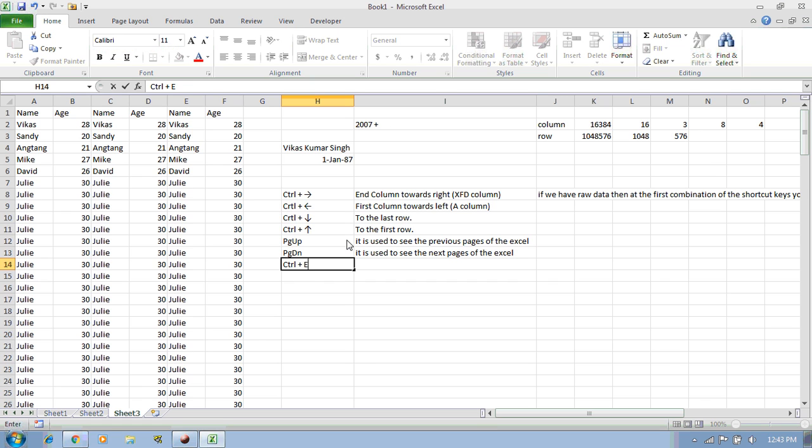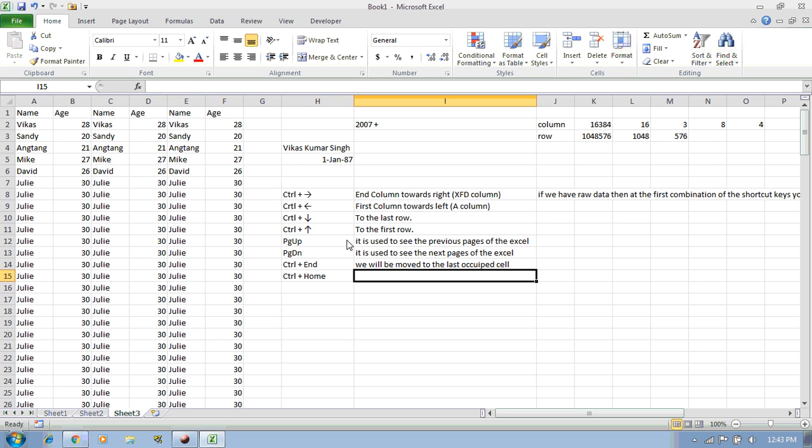And if we press Control plus End, we will be moved to the last occupied cell, and Control plus Home moves to the first cell of the data.